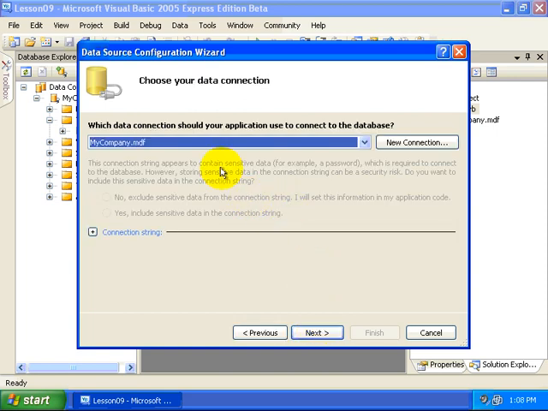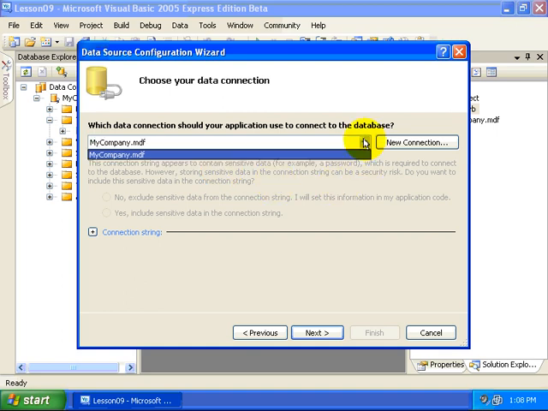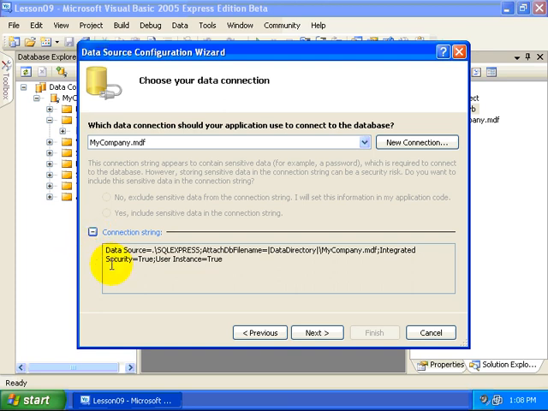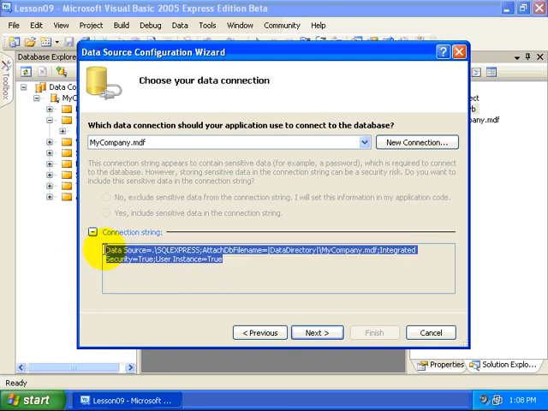Here it wants to know which database that we want to create a connection to. Now it will give us a list of those databases that are currently associated with our project. You can see here that we have the mycompany.mdf file selected. If our database was not associated at this time with our project, then we could select add a new connection. Also notice that I can expand this connection string, and we see a series of text here